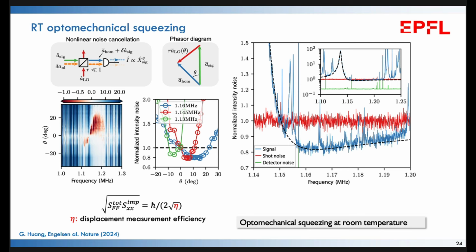So you block the beam, you have a reference power on the photodetector, that's the red line here. Then you actually start measuring, changing the homodyne angle between phase and amplitude quadrature. And what you see here is the squeezing over a few tens of kilohertz due to the effect of radiation pressure quantum noise. So this shows that we can really build these Heisenberg microscopes at room temperature